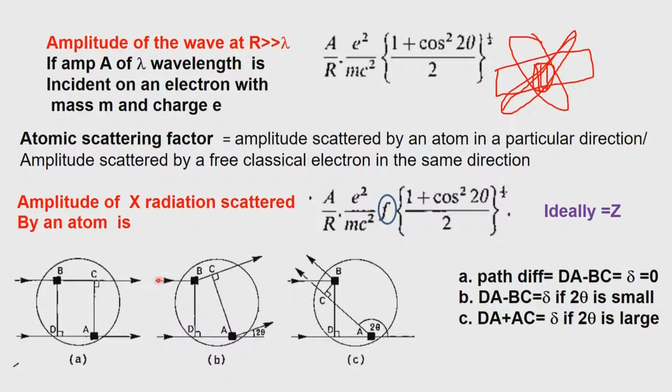So, the X rays are coming here, falling on these two electron densities, and this electron density now decides to diffract the beam. So, it follows the Bragg's law, and then therefore, this angle 2 theta comes into picture, and this will be now the scattering vector wave front. So, the scattered wave will go in this direction. If that is the case, then we see that there is a path difference which comes in, and this path difference dA minus BC will be equal to delta, which is the path difference if 2 theta is small. So, for smaller 2 theta values, it goes as dA minus BC.